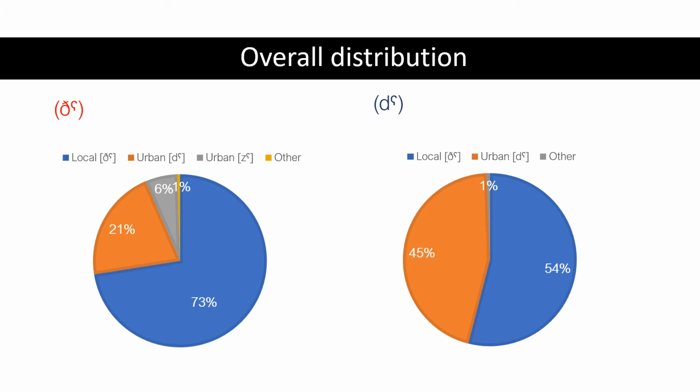But as you can see, with the local variant, the interdental fricative is the most frequent in the realization of both variables. However, it's clearly used more with the first than it is with the second. And the overlap obviously occurs here with the, right? So it is realized as the interdental fricative in Standard Arabic, and so that might have something to do with it, as we will see when we get to the discussion.